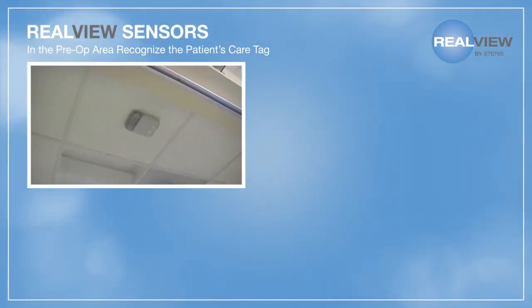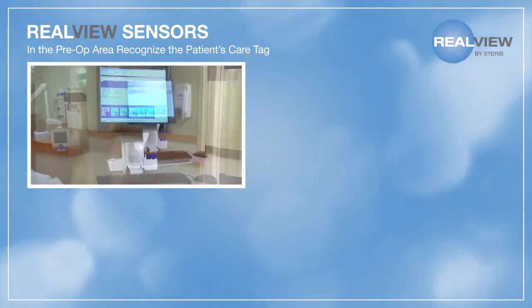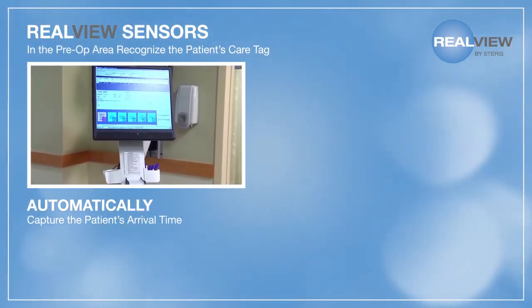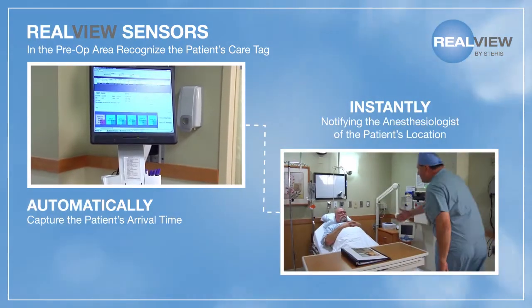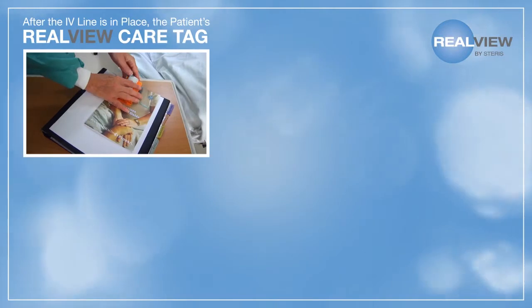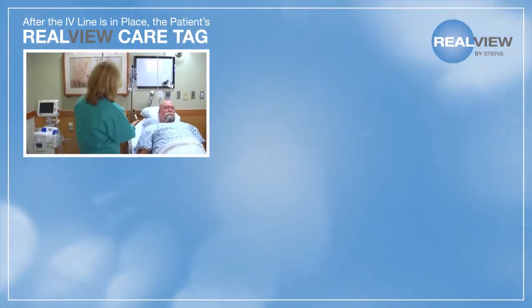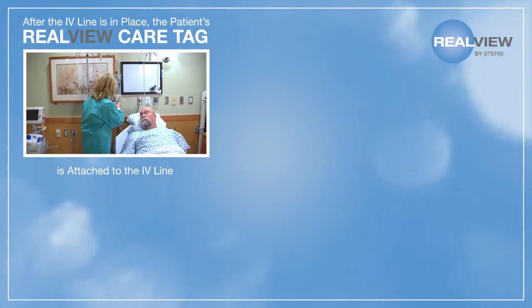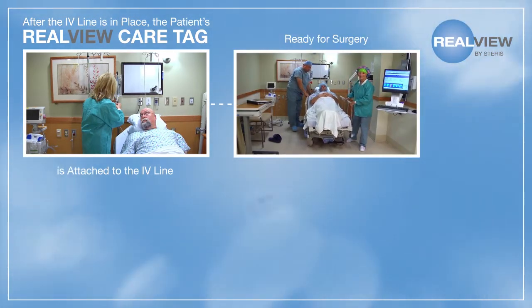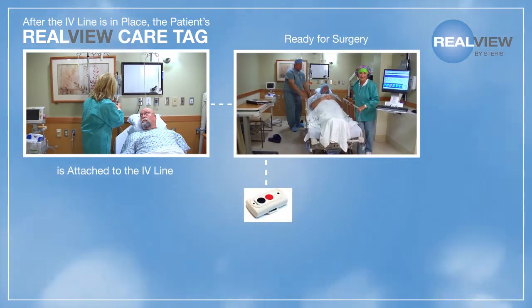RealView sensors in the PreOp area recognize the patient's care tag and automatically capture the patient's arrival time, instantly notifying the anesthesiologist of the patient's location. After the IV line is in place, the patient's RealView care tag is attached to the IV line. When the patient is ready for surgery, the nurse can press a care tag button or click the computer screen,